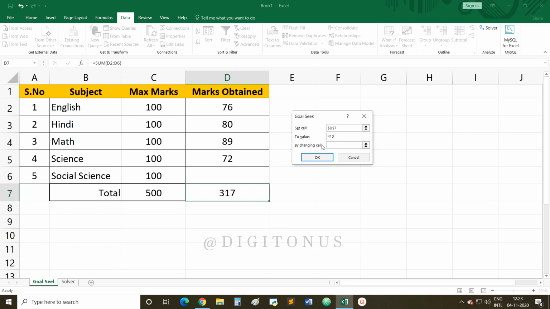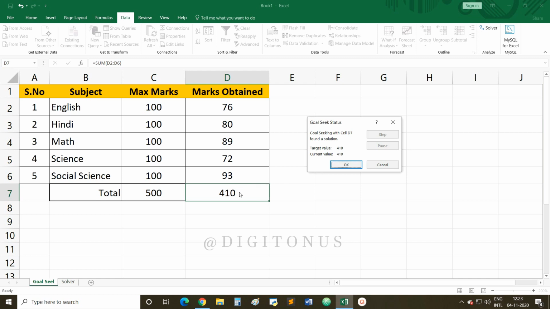In which cell do you have to change the value so that you can achieve 410, which is your final value, which is your goal. So for that you just click on this upward arrow and select the required cell, that this is the cell in which I want to change the value. So I have selected D6 because this is the only cell where I want to change the value. Once we have done this, what we need to do? We need to click on OK.